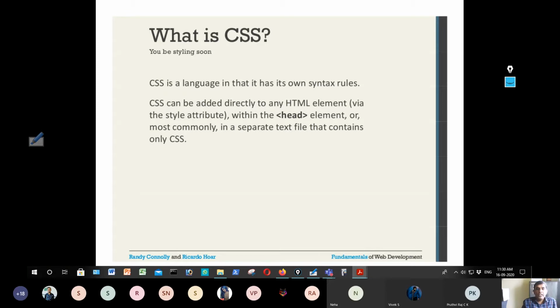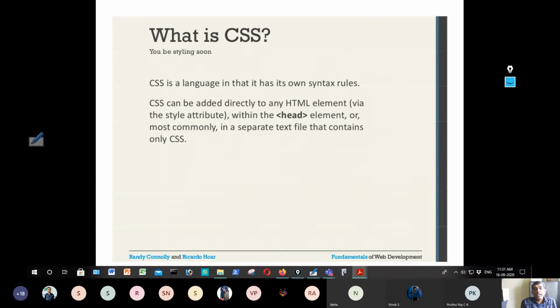So one way of doing it is to directly add CSS to any HTML element. I can add one style to a paragraph, one style to header H1, another style to a div. Like this, for different elements, different styles like color, font size and others can be applied. But that's not a good way of giving style to every individual document. We will see that. So how do you do that? Directly you can use the style attribute. A style attribute can be used within an element.